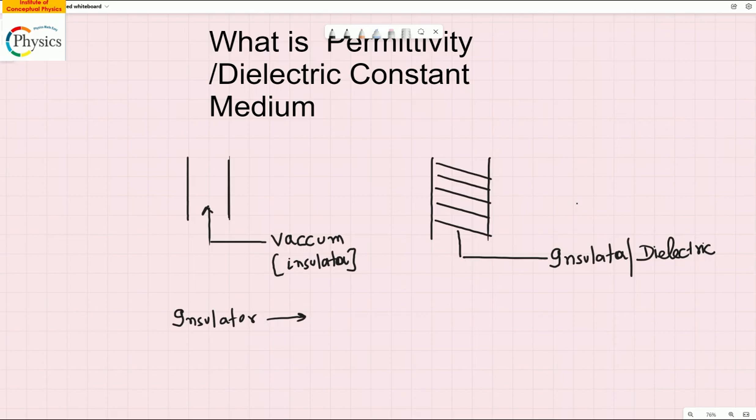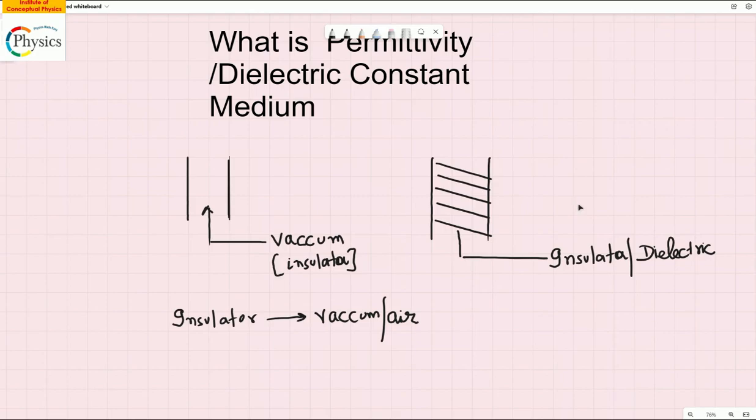An insulator has nothing. Examples of insulator: vacuum is the simplest one. When we study vacuum or air, it is generally one and the same thing. The properties of vacuum and air are almost the same, but when we introduce a dielectric,